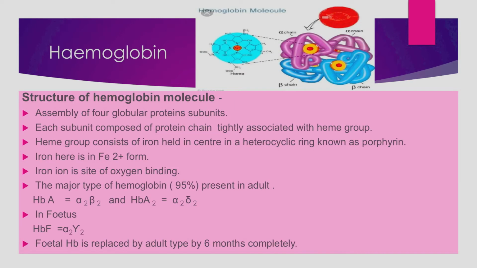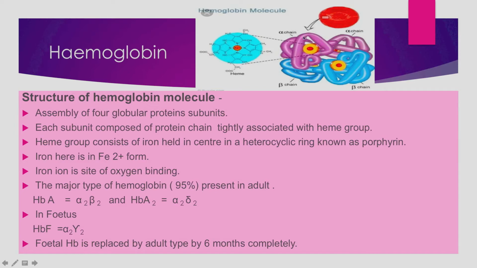So let us talk about the next investigation after reticulocyte count. It is hemoglobin. So hemoglobin, we know that the RBC is filled with red color protein which is called hemoglobin. Now this hemoglobin consists of 4 proteins which are 2 alpha chains and 2 beta chains. Right, one alpha heme protein, another alpha heme protein, one beta heme protein, and another beta heme protein.